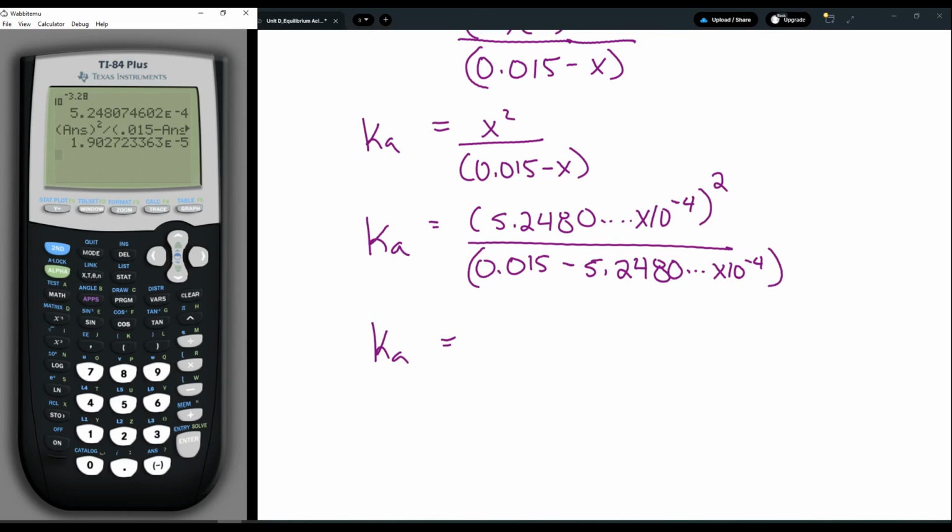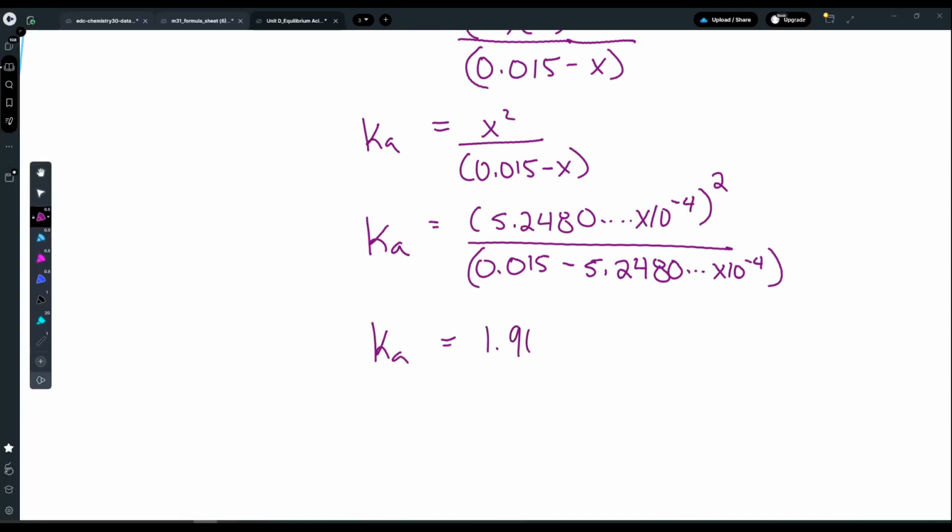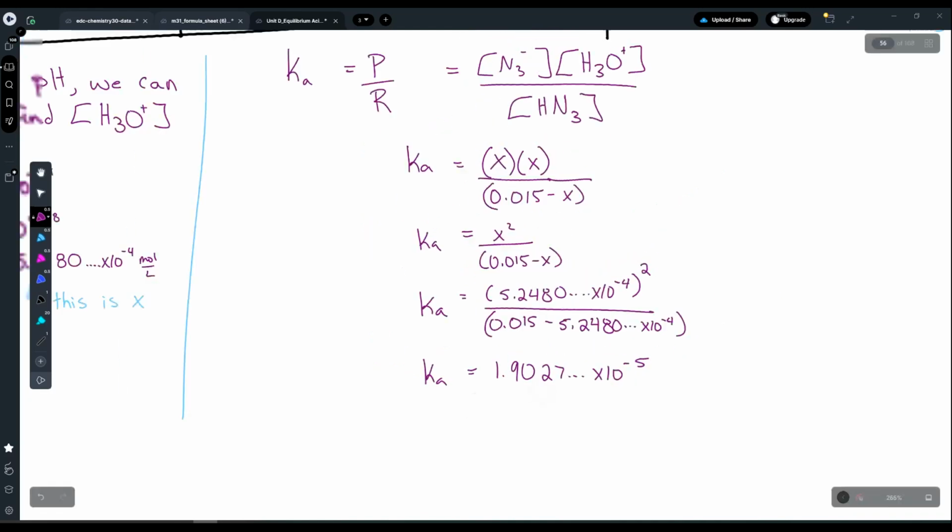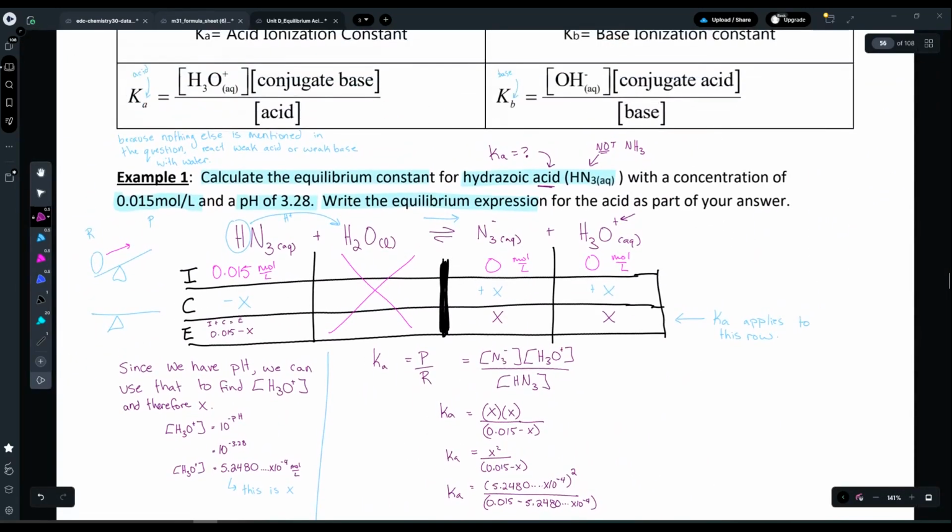So we're going to get 1.9027, goes on forever, times 10 to the power of -5. Now remember, with equilibrium constants, they do not have units. So now I'm just going to round this off to the appropriate amount of